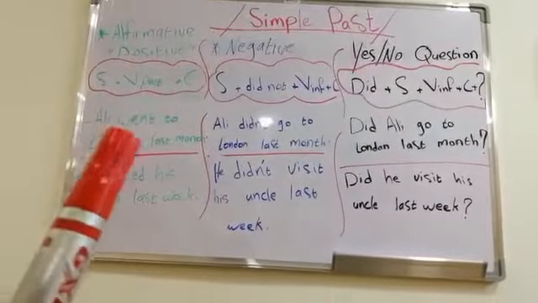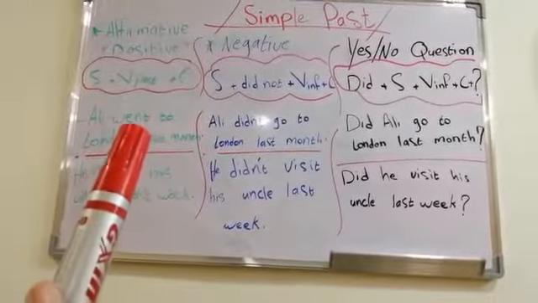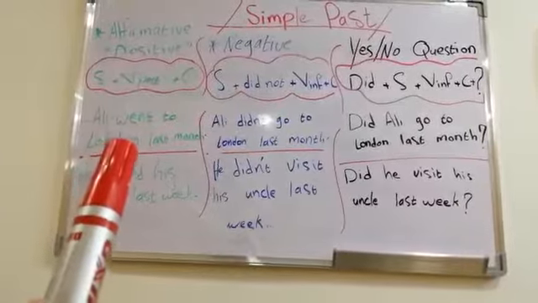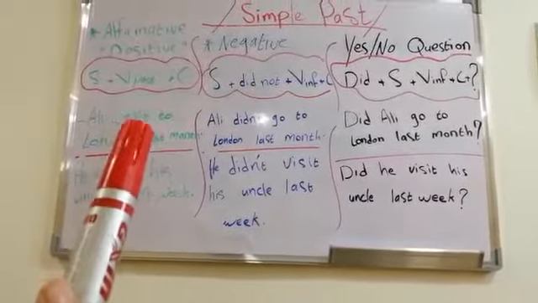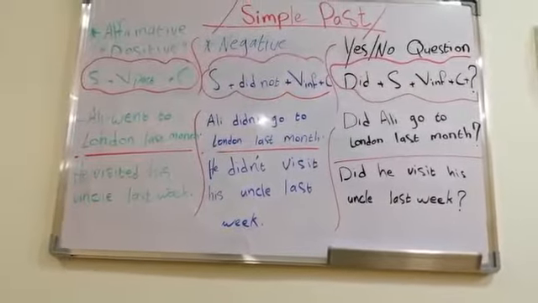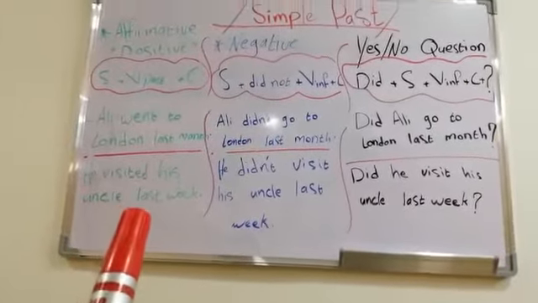Okay, so Ellie went. Here we have the irregular form of the past tense. Okay, he visited his